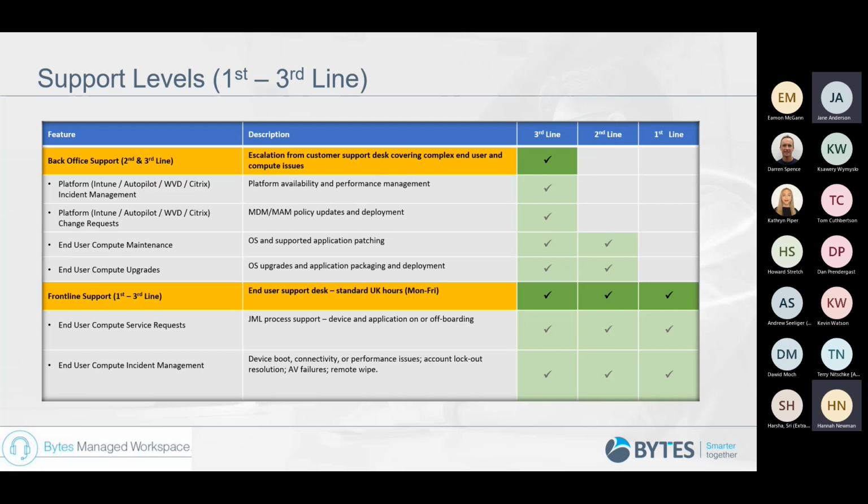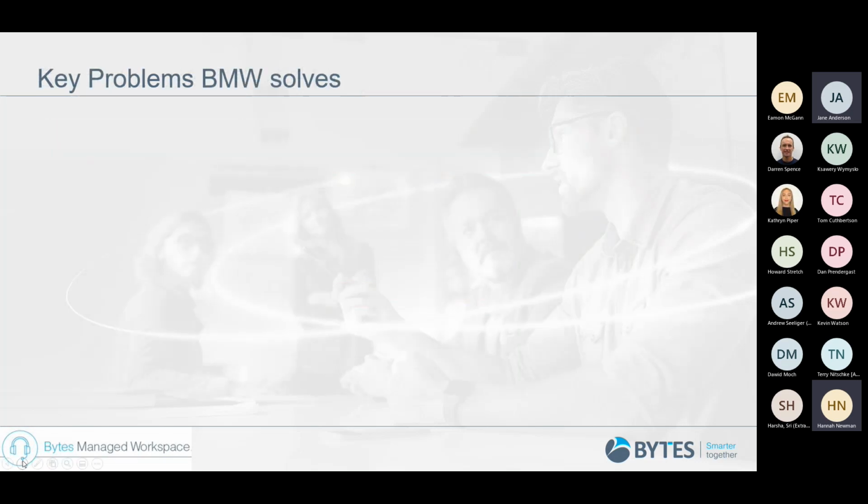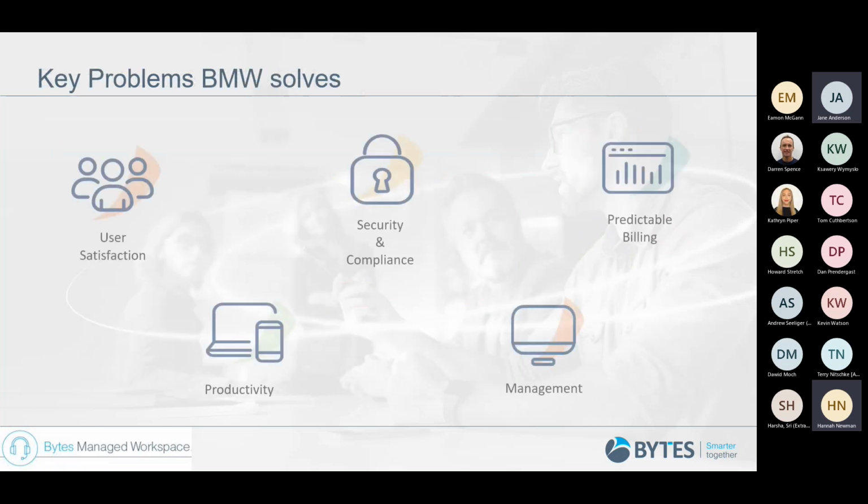But I know there's the old question of why should I consider outsourcing? How does it help? Well, the BMW service is designed to solve three key business problems. To improve user satisfaction, the service does include regular surveying and comparison to NPS scores. Users are happier when devices and the support they're receiving are more efficient. This links really nicely to where BMW focuses on the productivity of users. Workforces with higher quality devices are more productive, as applications load faster and what can be achieved in a day